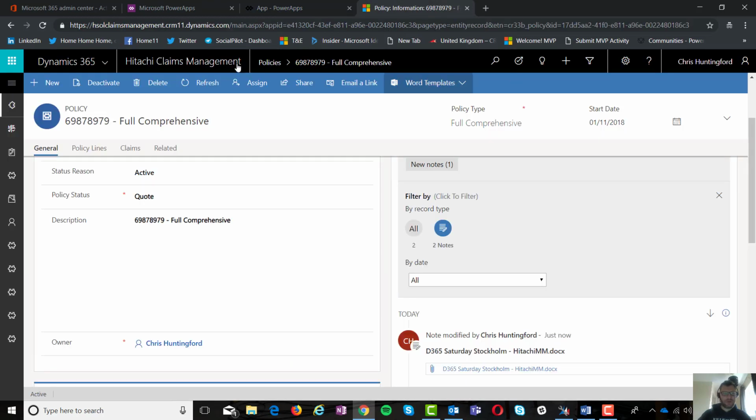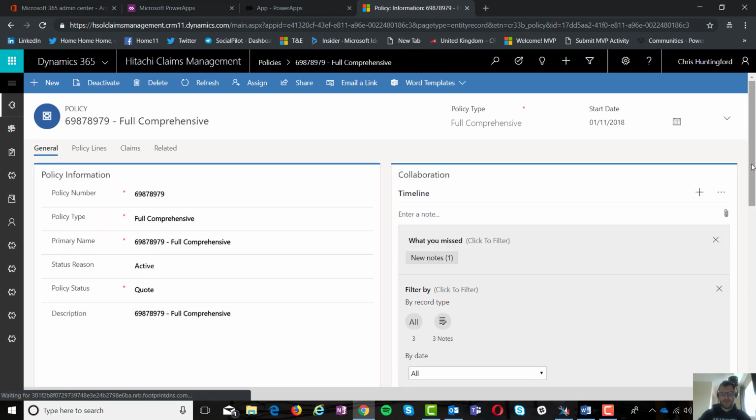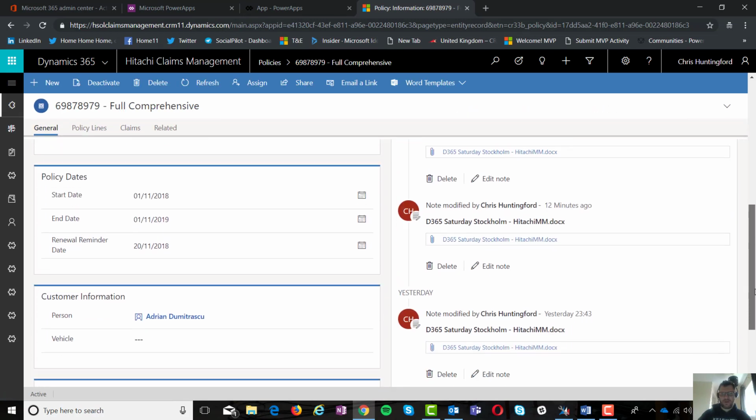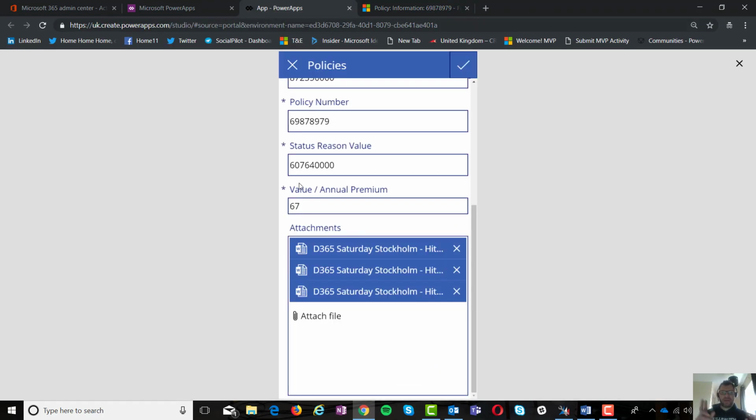If I go to my model-driven app over here and I refresh, I don't actually have to refresh the whole app. You can actually just refresh the timeline. There you go. Hey, there's the documentation over there, and really simply, I've just enabled that within the Canvas app. Now, I know best practice, if that's what you want to call it, is sort of an opinion essentially, but I've got that now available to me within Canvas